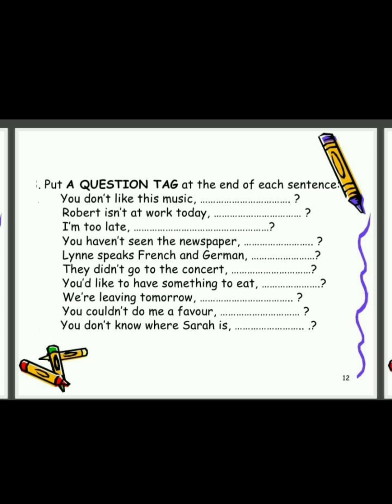It's a new thing for you. Question tags. So, once again, go through all the rules. You read it carefully. It is not that difficult. It is quite simple. And then only you start doing your assignment. Otherwise, you may face problems or difficulty.